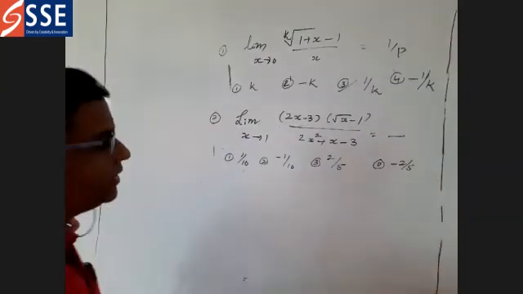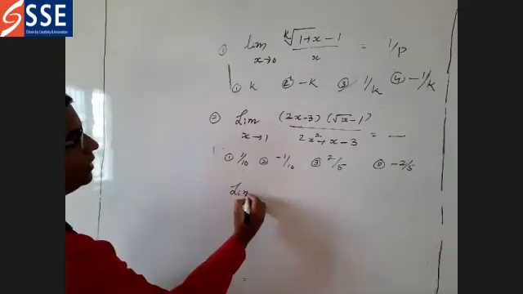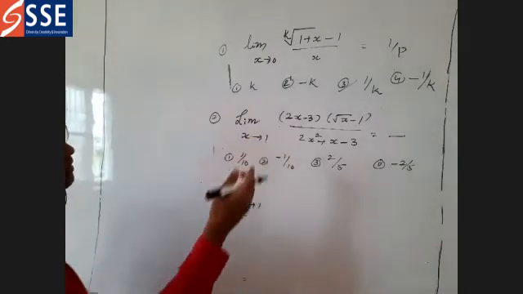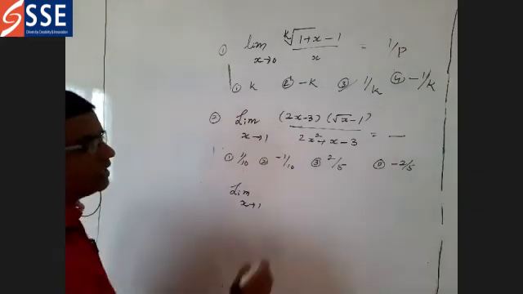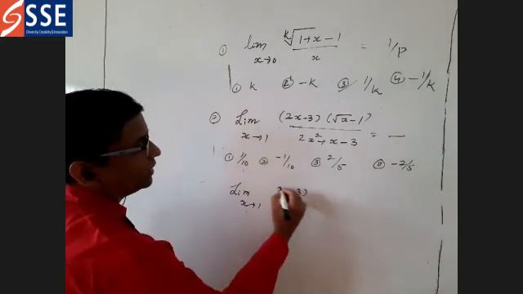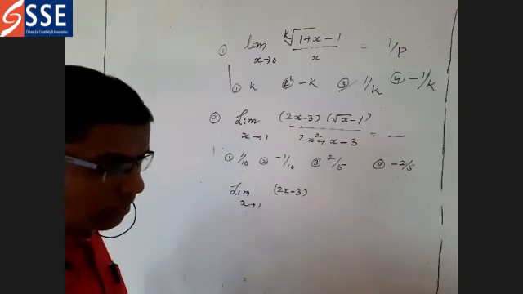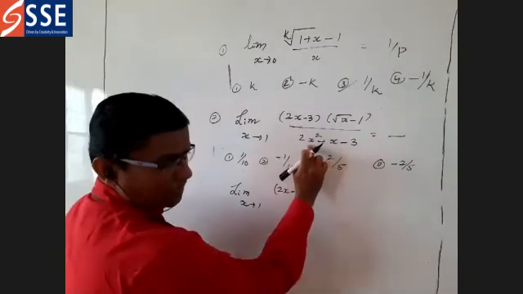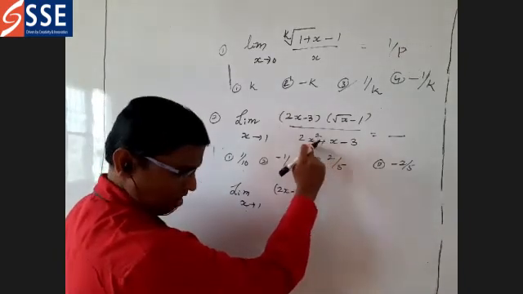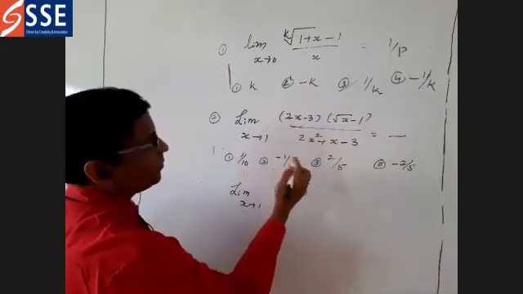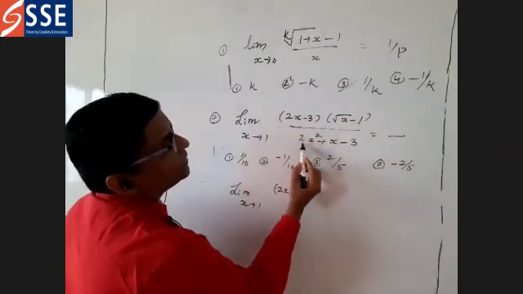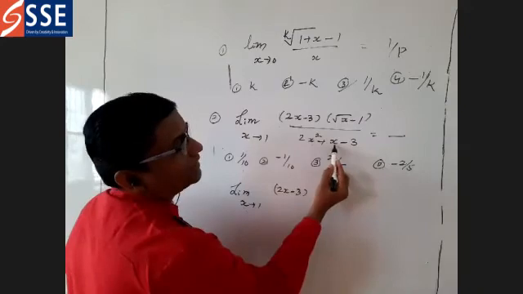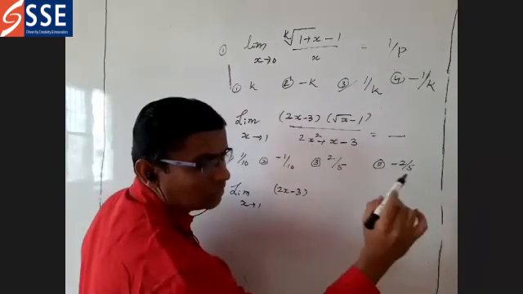Now, see here, how we are going to do this one? Limit x tends to 1. There is no particular formula for this. So you can write this as 2x minus 3. First of all, before going to do the problem, substitute x in the denominator first. Leaving the numerator, if x is equal to 1 is substituted, 2 into 1 is 2 plus 1 is 3, 3 minus 3 is 0.